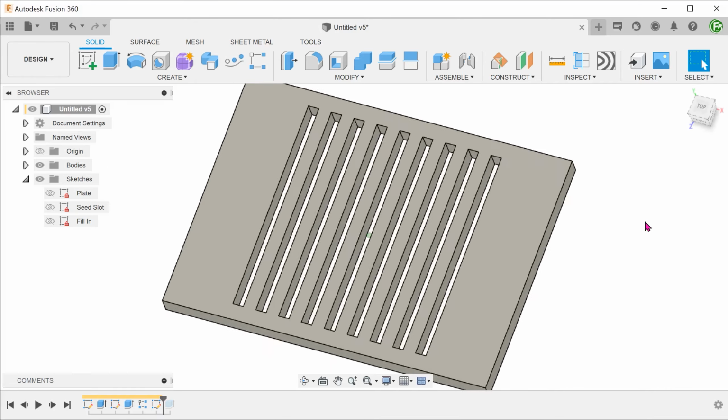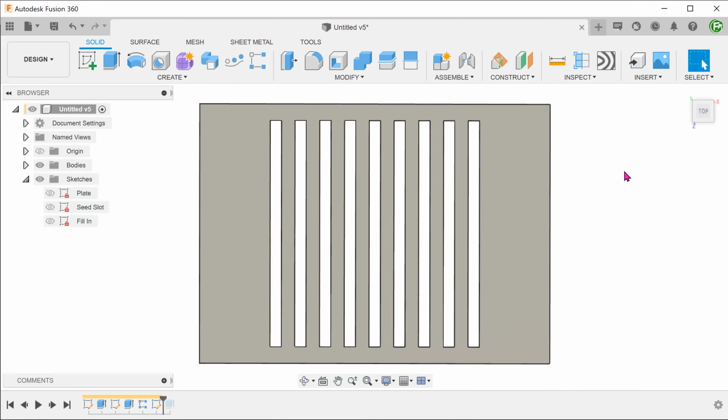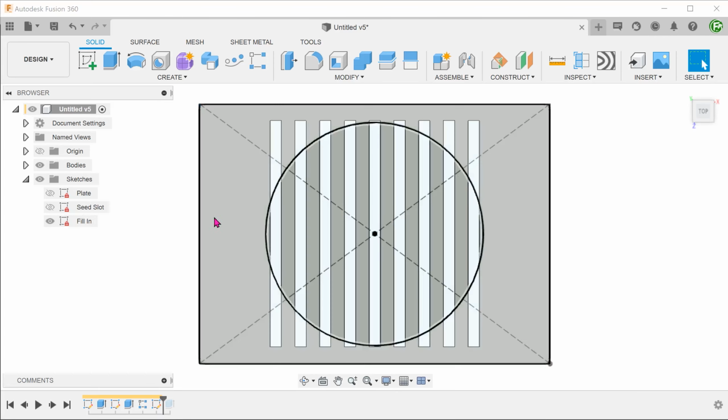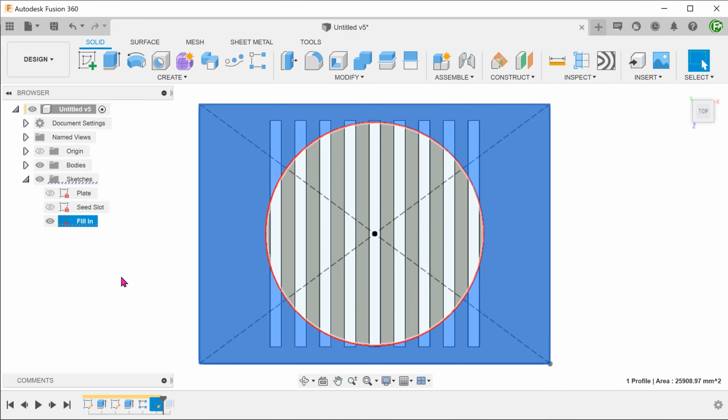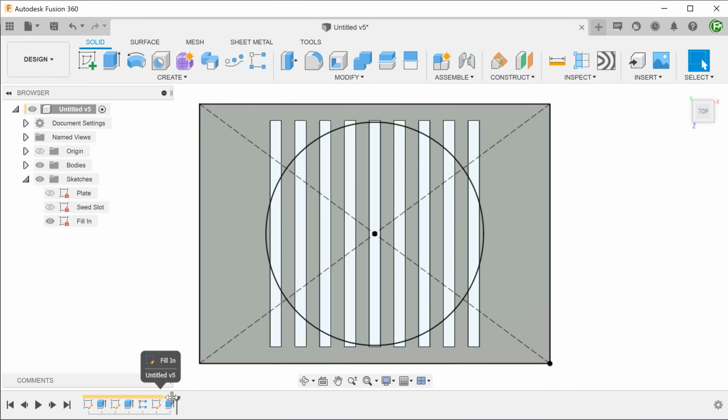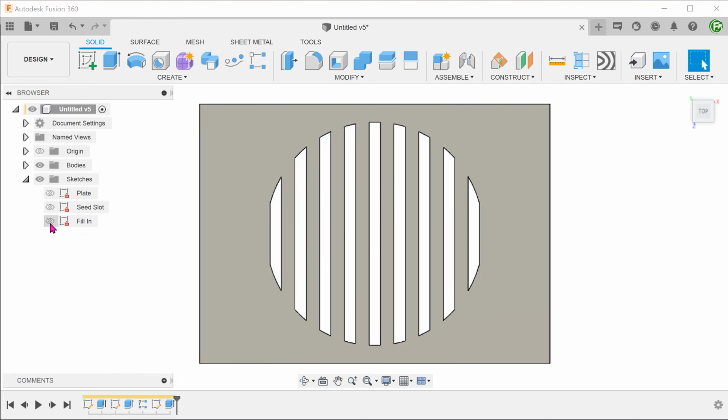We have a series of cuts here produced by a rectangular pattern of extrudes. With this sketch, I performed an extrude to fill in the areas where I do not need the pattern. The reason for doing this is that we simply could not find a way to force the pattern slots to adjust their lengths according to the circular boundary.